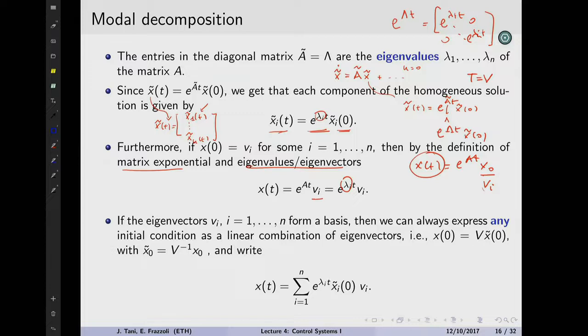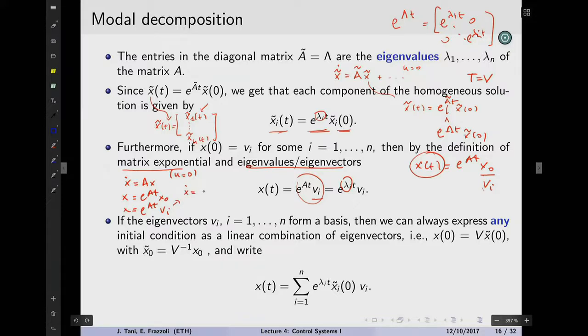So the idea is that we're claiming this is the solution of the linear time invariant system. What does this mean? If it's the solution, it means it satisfies the equations of the linear time invariant system, which is ẋ = Ax + Bu, but here we're just supposing that u is equal to 0, so we don't write it. Nothing changes if you put the u inside as well. So we're claiming that x is equal to e^(At) x₀. If we put x₀ equal to vᵢ, we get e^(At) vᵢ. This represents the action of putting the eigenvector as initial conditions.